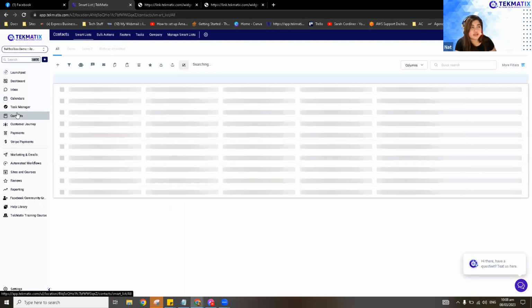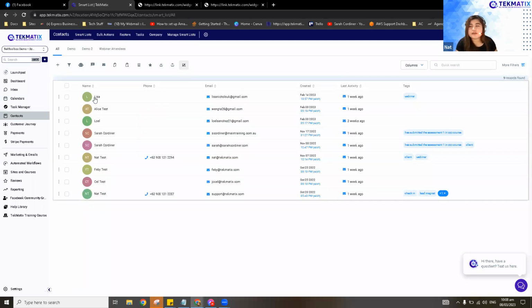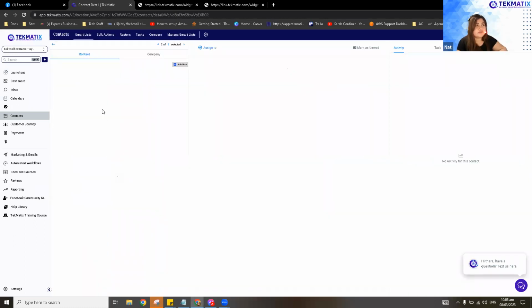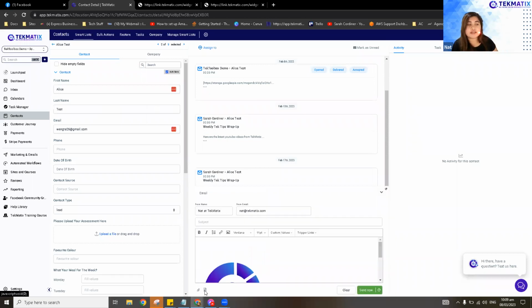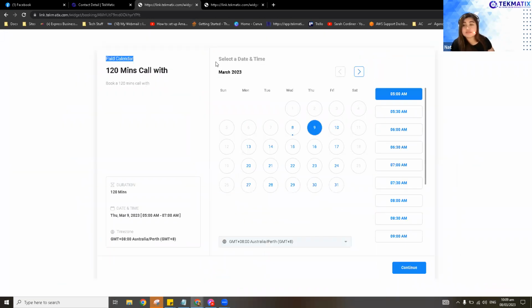When you go to contacts, for example, you're doing an outreach or you have a team that books people in via phone call and stuff like that, because mostly people do that with their business too. For example, I have here Alice. We can either have Alice book by sending them an email and the calendar link, and they can self book, put a specific date, fill out the form and so on. So that would be one way to book someone in.